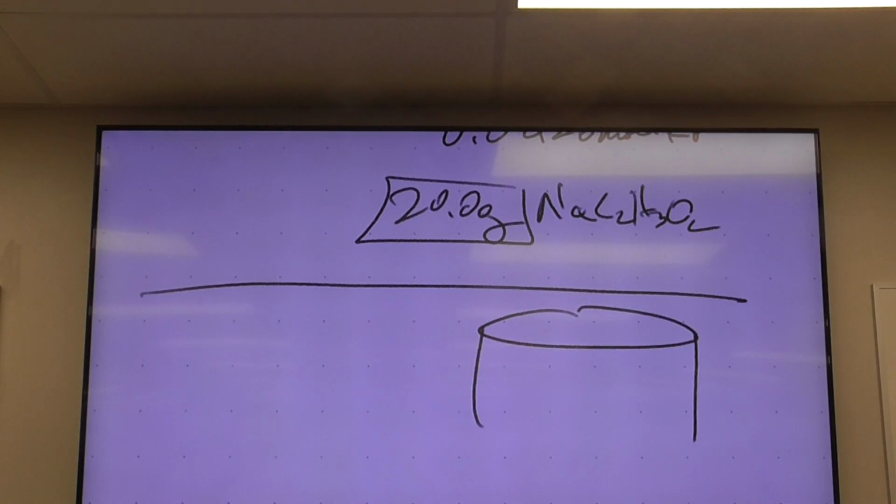So what do you have in the beaker? Acid and the anion. What's the hydroxide going to react with? The anion? No, the acid. It's going to react with the